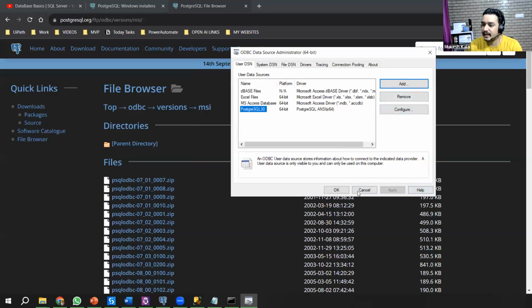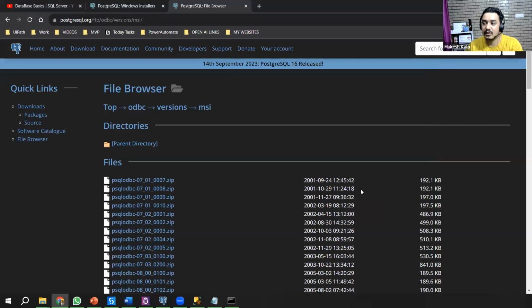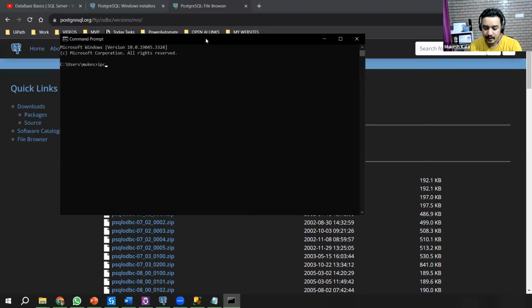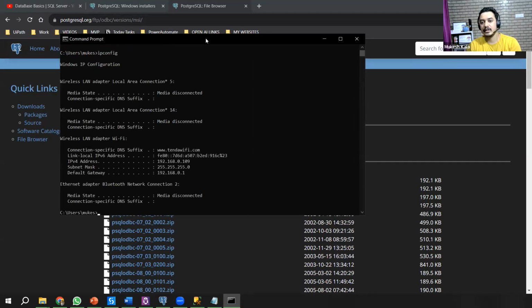In case your IP changes and you are not able to connect, you go to the command prompt on your computer, CMD, and type a command called ipconfig, which means IP configuration, and it shows me that the IPv4 address is this, 192.168.0.109.